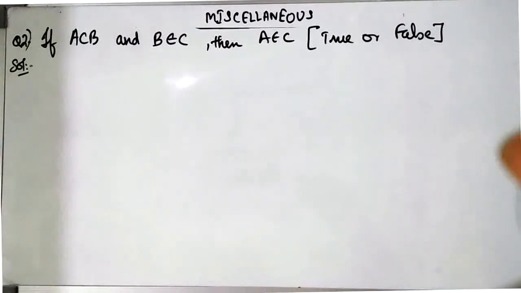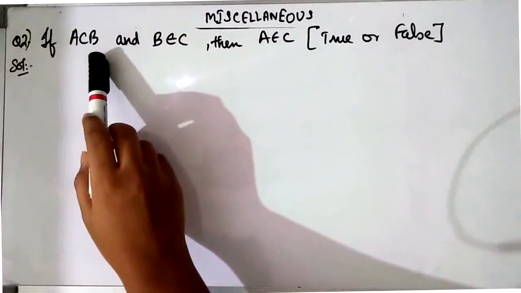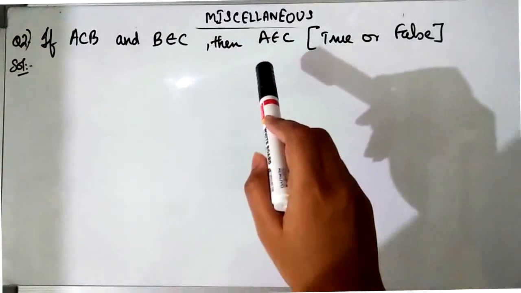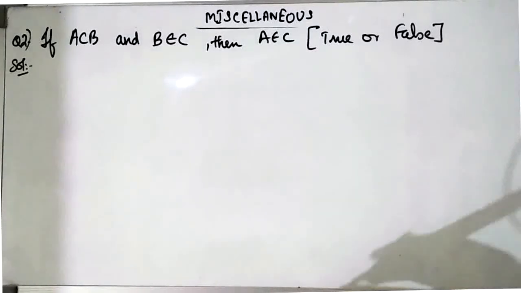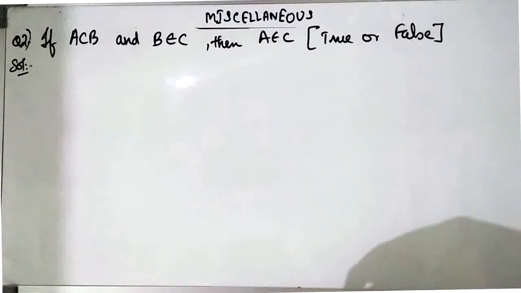Now let's see the second question, that is the second bit of second question. Now in this it says that the statement is that A is a subset of B and B belongs to C. Now we have to check that whether this thing which is given, that is A belongs to C or not, whether that is true or false. That is what we have to check. Now again we'll take examples.